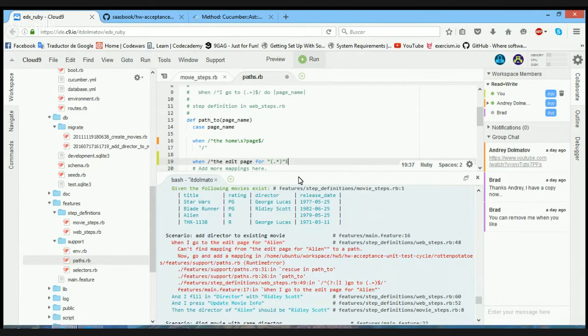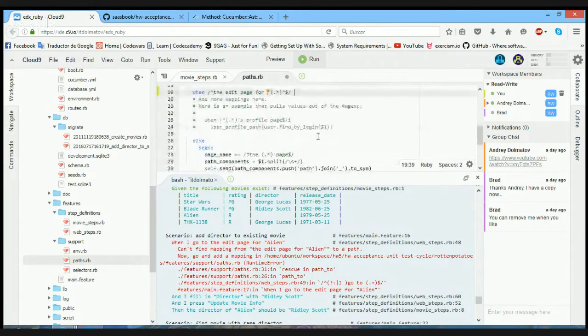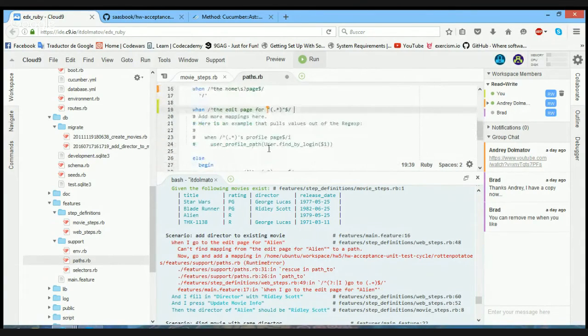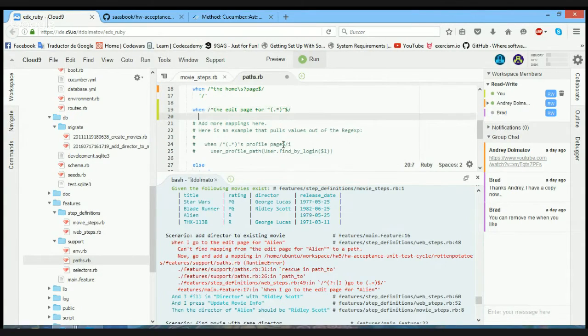Just type this in really fast. Like this, and it should say